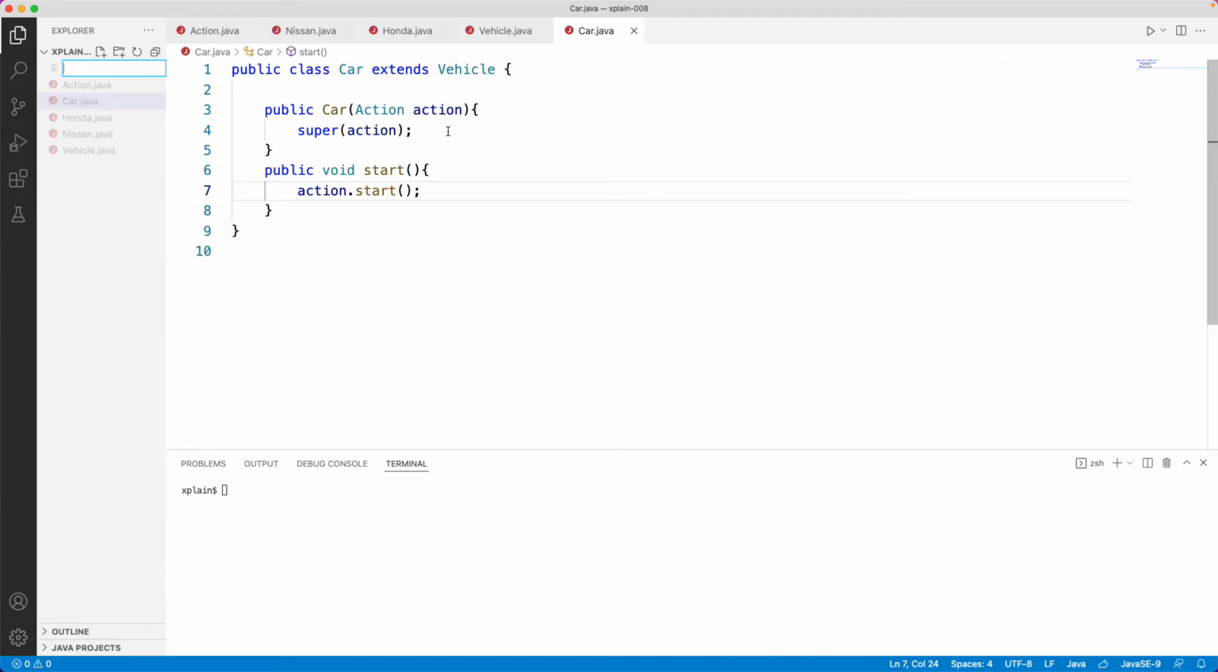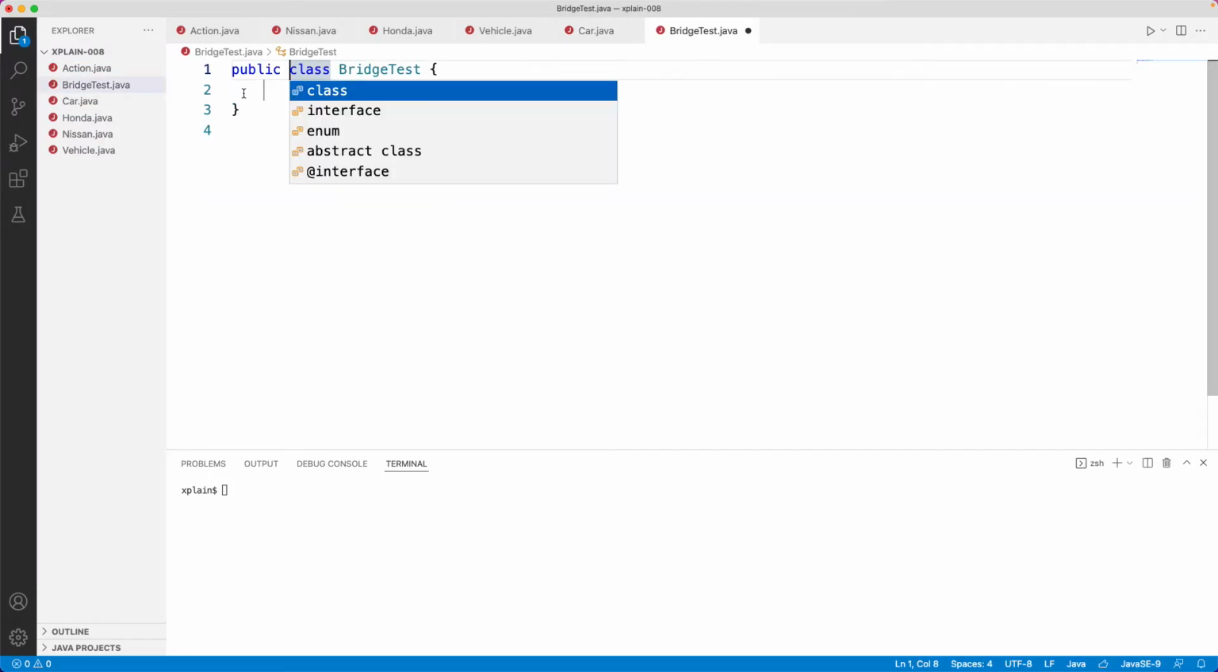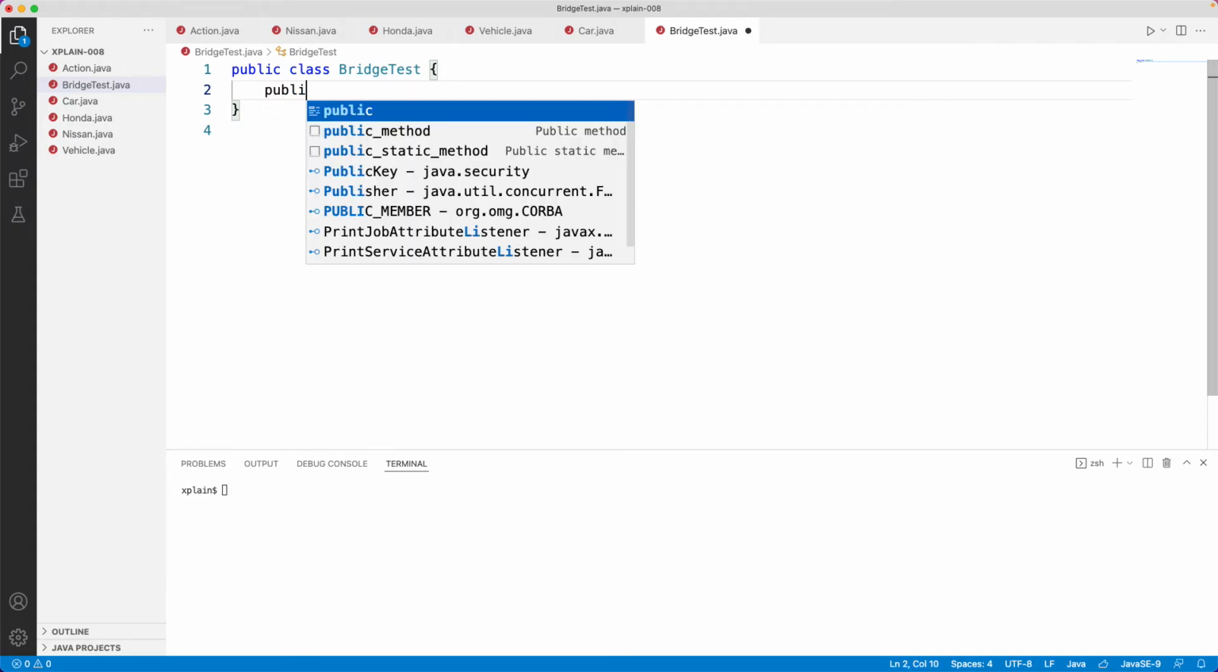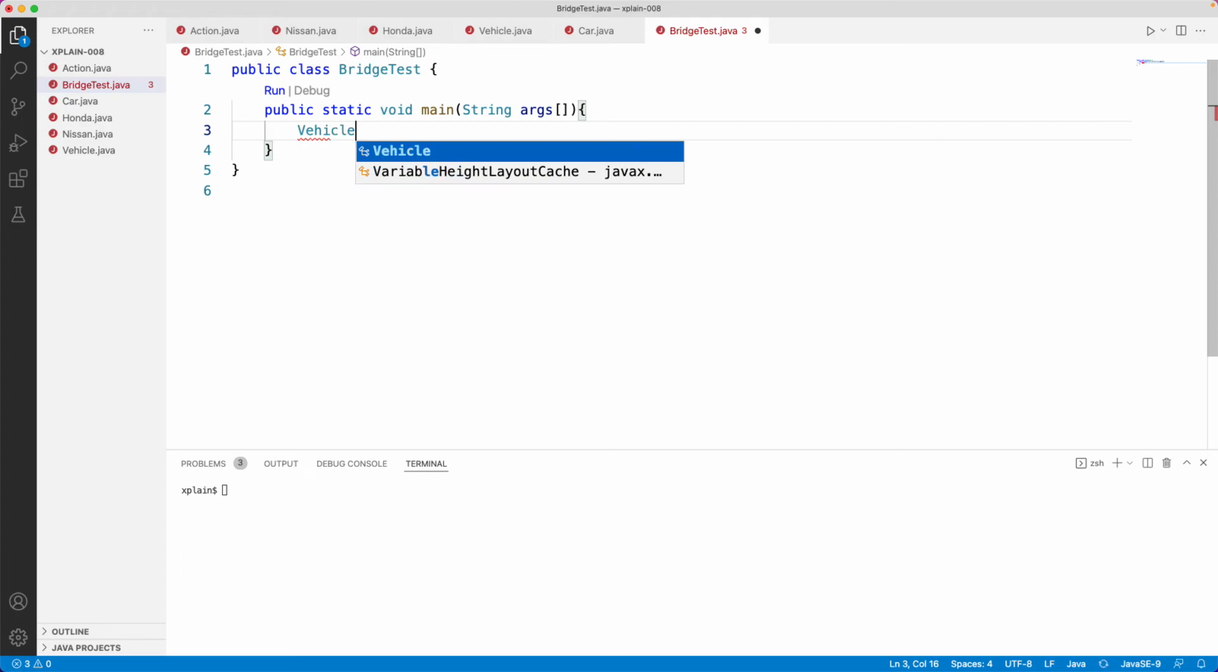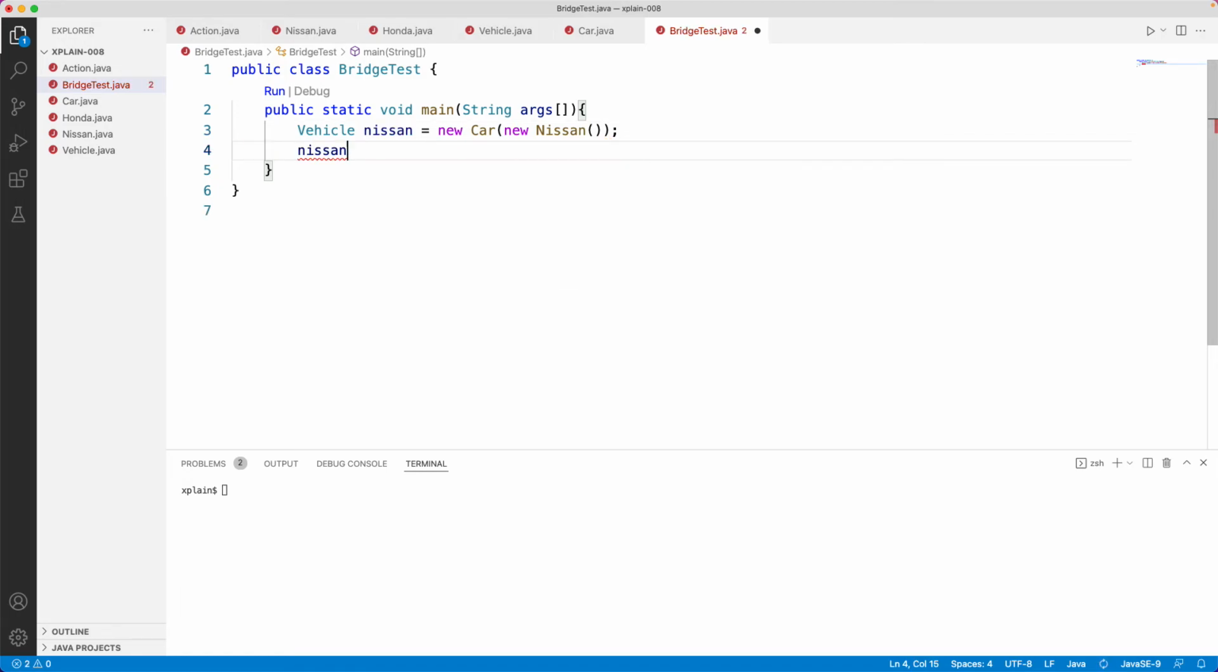Now the final class would be BridgeTest.java that will have our public static void main, String args, and then within this we would like to create vehicle Nissan equals new car, new Nissan, and using the Nissan object we would like to start Nissan